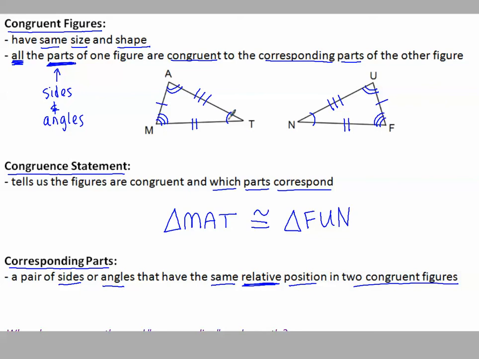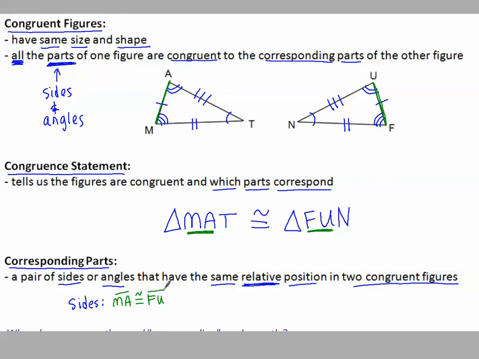So if I'm going to say what are the corresponding parts, I could start for this particular picture with the sides, and if I list all the sides that correspond, we can either use our congruent statement or our picture. Let's see how we can do it with both. For example, MA is a side. MA corresponds with FU. I can see that in both of the statements, how they're in the same positions, or I can see how it's marked in the picture. See how they both have that one hash mark to show us. So I can write a congruent statement that those sides are